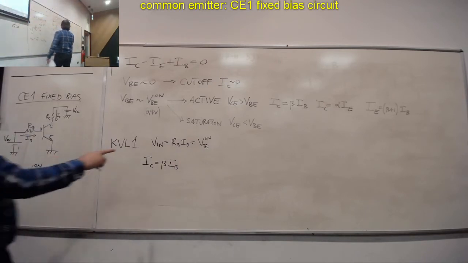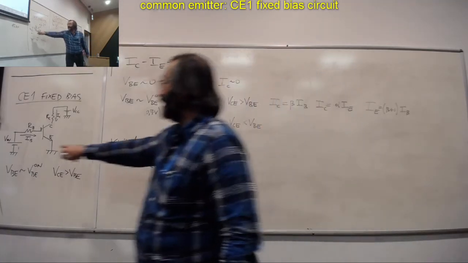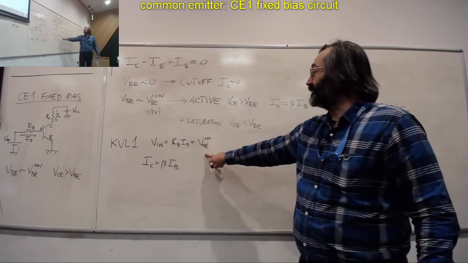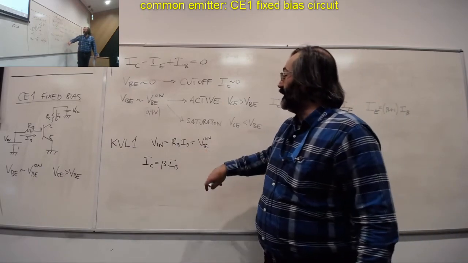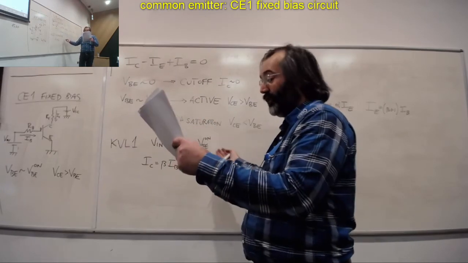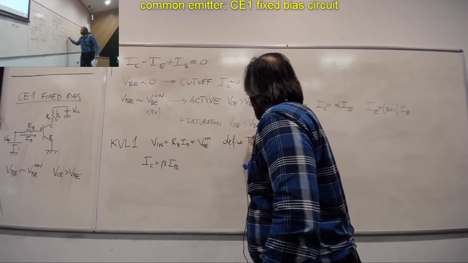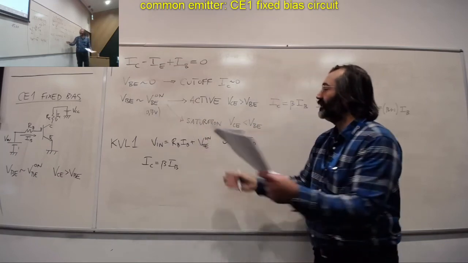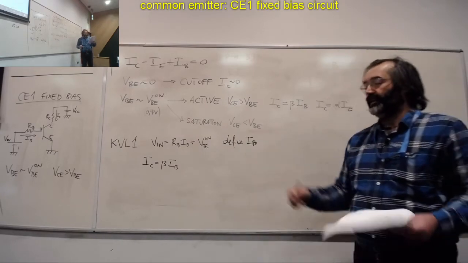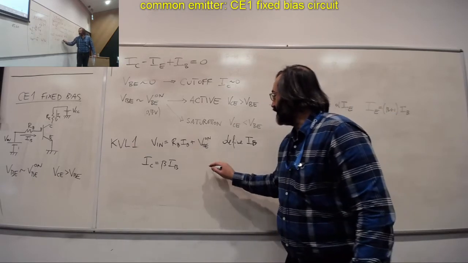So this equation says that if I know Vin, and I know VB on from the transistor, and for example I know RB, or I know IB, I could define IB from here. Depends what I know. If I knew RB, I could define IB from here. If I knew IB, from this equation I could define